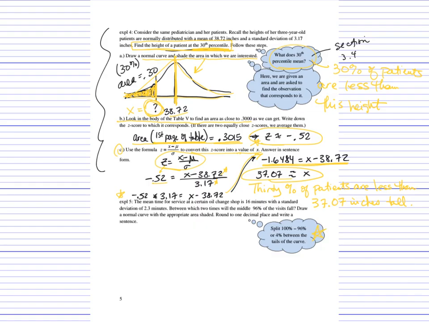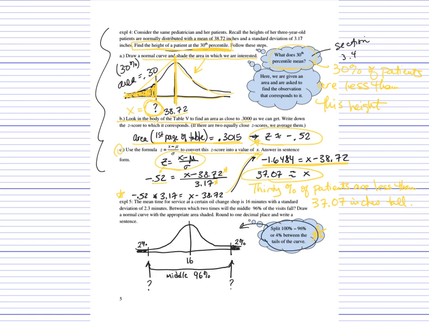Definitely start with a curve. All right, for number 5, this is how I started thinking about it. I want to know between which two times the middle 96% of the visits will fall, where, again, the mean time for these oil changes is 16 minutes, and it's normally distributed. So I have my normal distribution. I wrote my 16 in the middle, and then I started thinking about, well, what does the middle 96% mean? Like the thought bubble says,